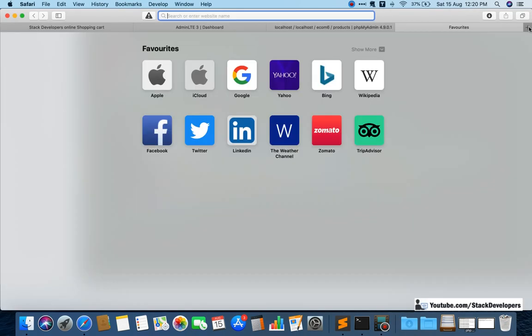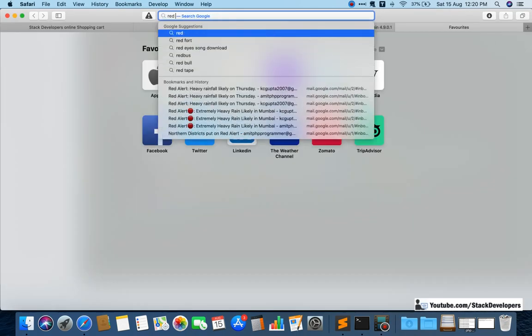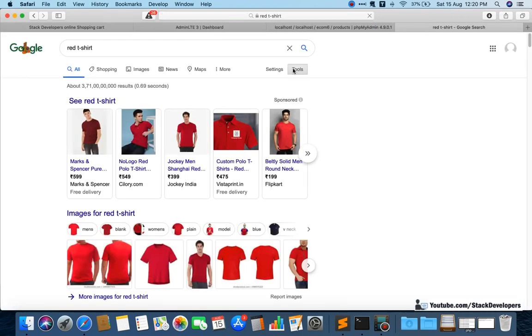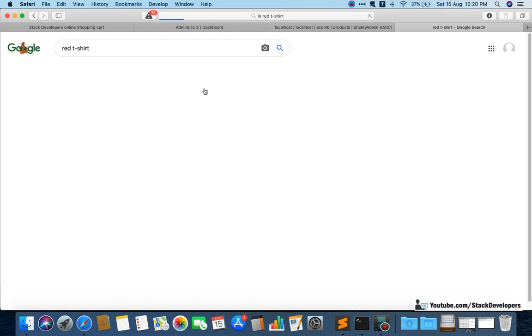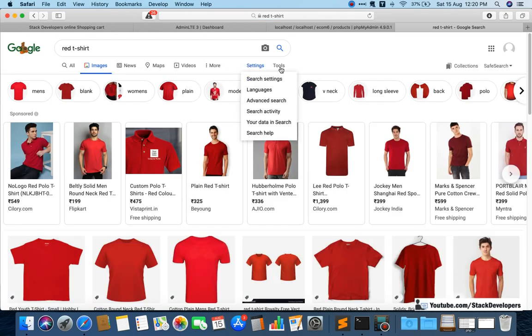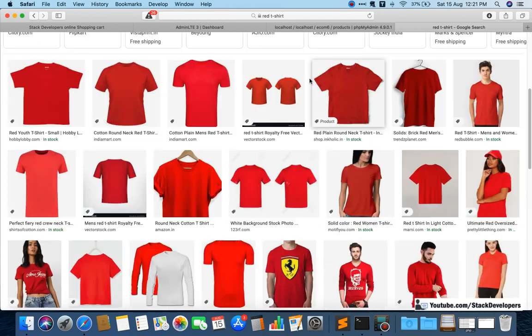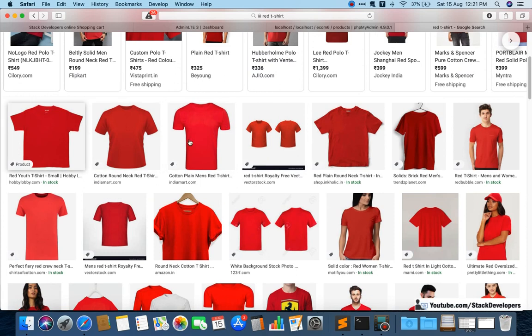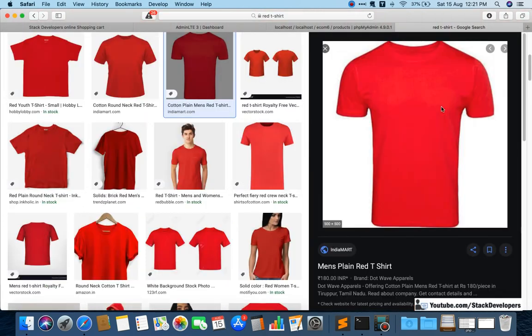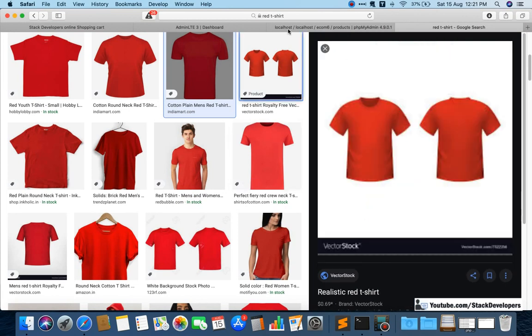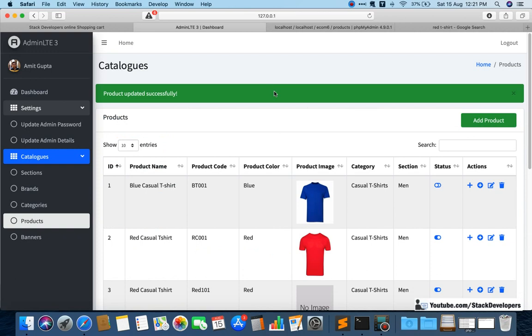So for the red t-shirt, we can search with the exact size of image, using settings, tools, size. Exact size not there, no issue. We can pick any of the images.